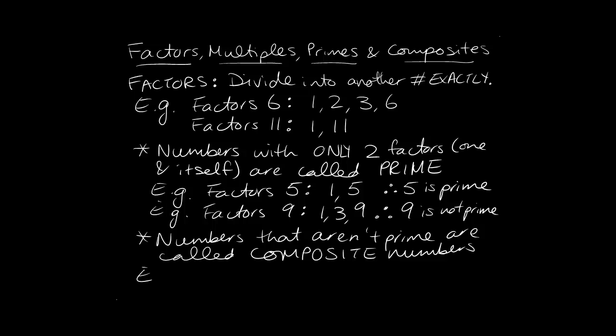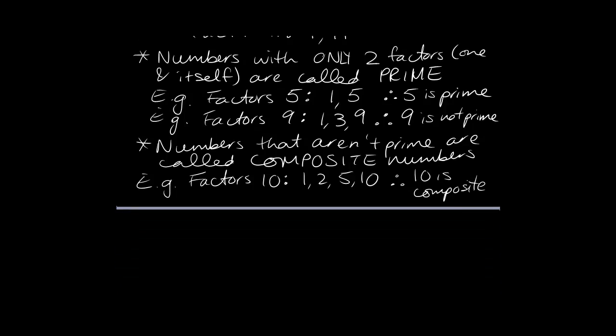Okay? Another example, suppose we were to look at the factors of 10. Factors of 10 are 1, 2, 5 and 10. Because there are more than two factors here, we can say that 10 is a composite number. Okay. Alright. Now, just on one other note before we move on,